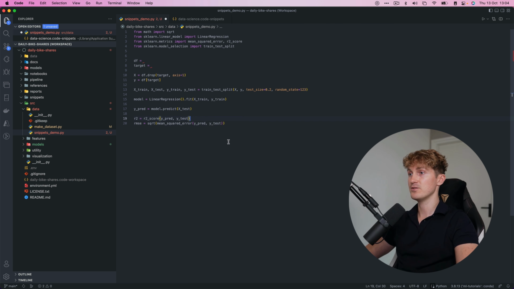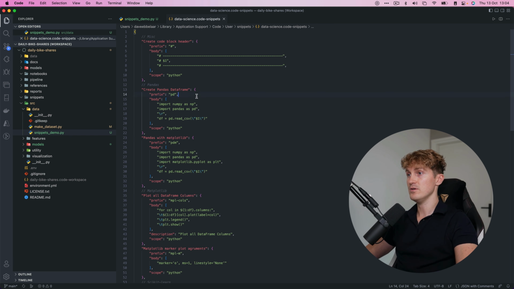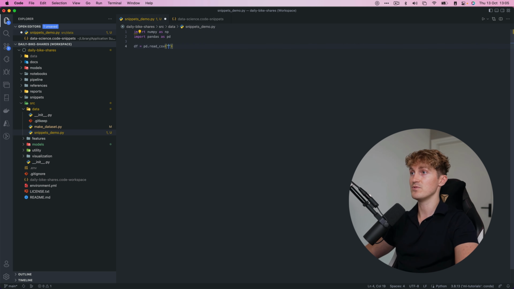Now if I go back to an empty file and start from scratch, remember we specified the prefix pd. I can now type pd, and then IntelliSense will pop up with some options that we can choose from. Other prefixes for pd that might pop up here are related to other features within Visual Studio Code, but you can recognize your snippet from the name you gave it: create pandas data frame. Then you can either hit enter or tab to complete it,